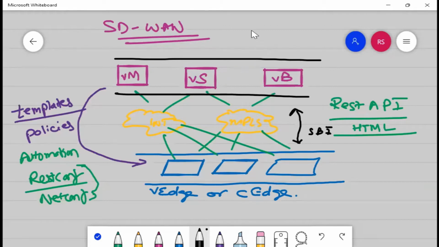Whereas if someone is controlling these controllers, which in turn control the WAN edge devices, through the REST API or through any automation script, maybe Python or whatever, that is known as NBI, northbound interface or northbound API call.